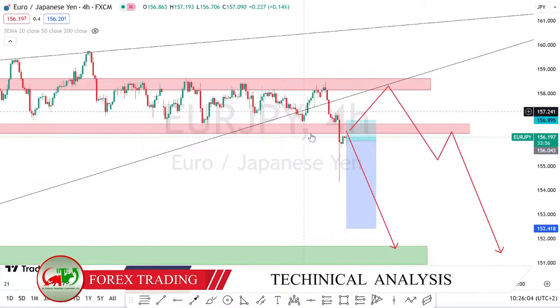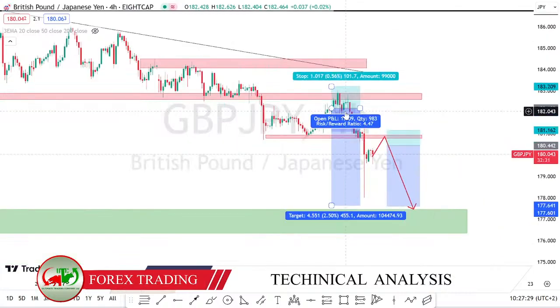But honestly, the nice trade happened over here, and you see how GBP Japan yen made a very, very strong and nice move. Okay, and this is the beauty of trading, of being patient and waiting for the market to pull back to the area of value. You will have a very nice risk to reward ratio. You can see a risk to reward ratio of 4 is a very nice and strong trade.